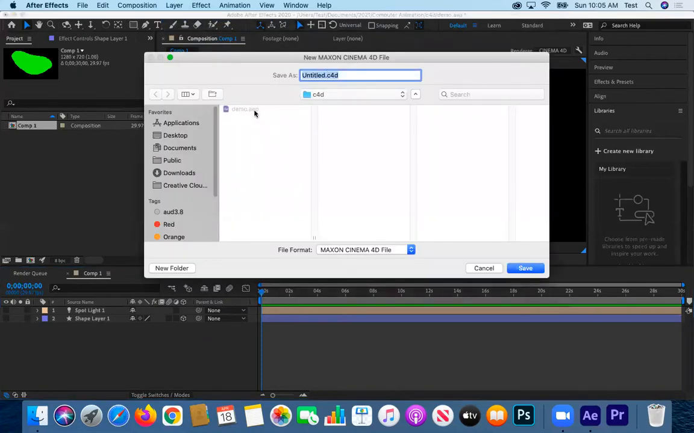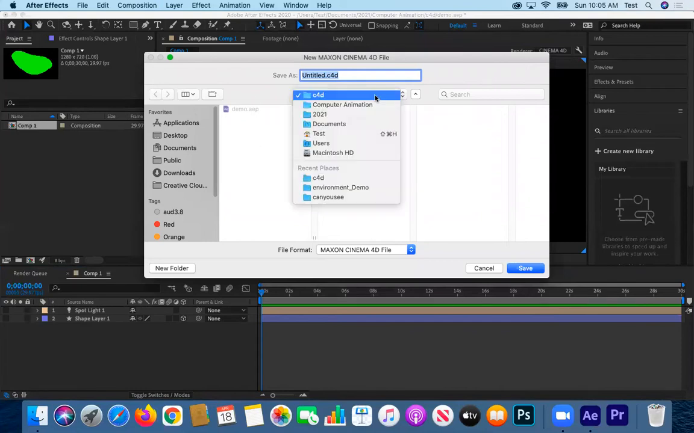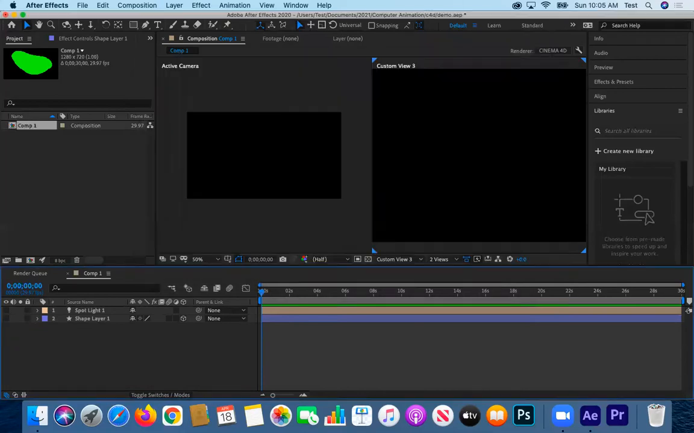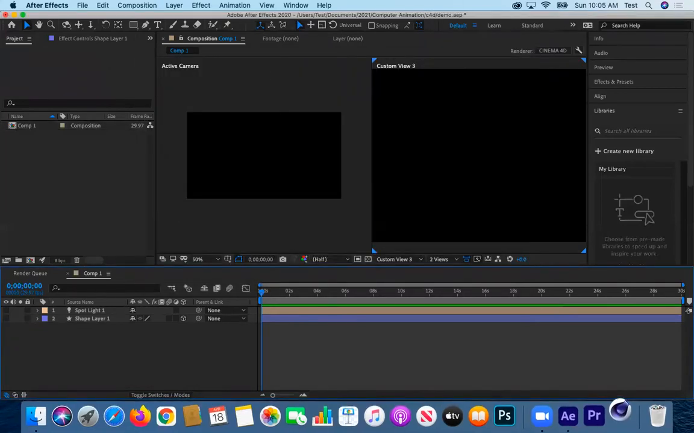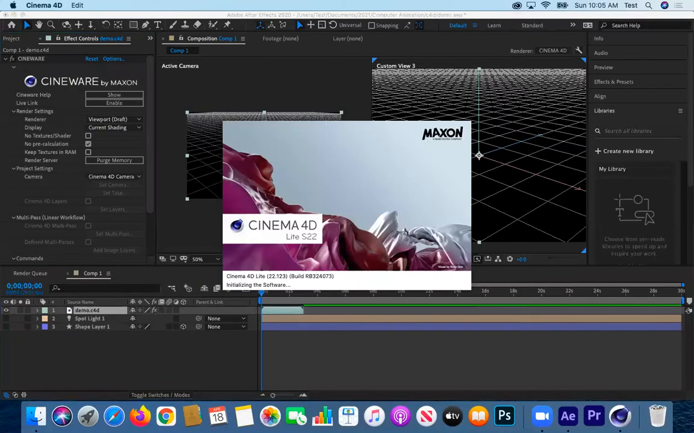Since I saved my project file in my project folder here, I can save my Cinema 4D file in that same location. I'm going to name it demo as well. It has a different extension. And now I have my Cinema 4D